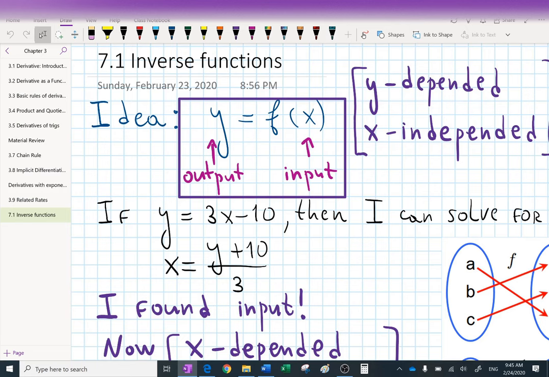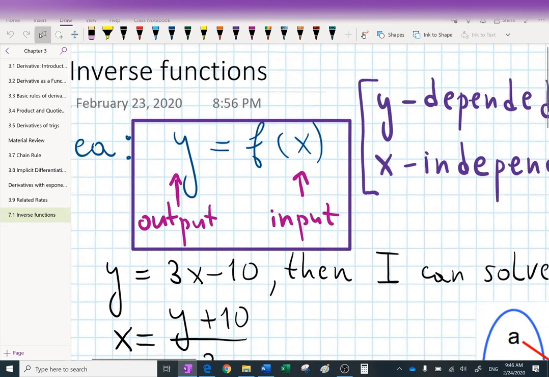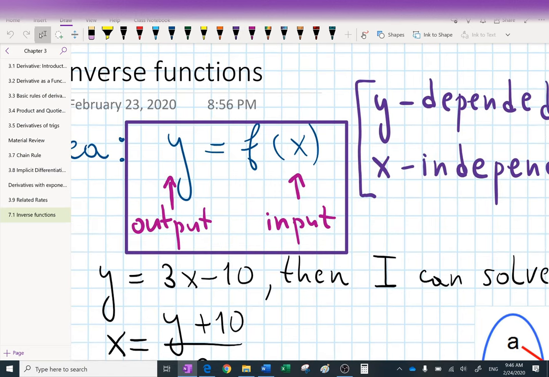Inverse functions. First, before introducing exponential functions, inverse trigonometric functions, and logarithms, we introduce the idea of inverse functions in general. Usually we give you a function with the notation y equals f of x. I like mentioning this idea